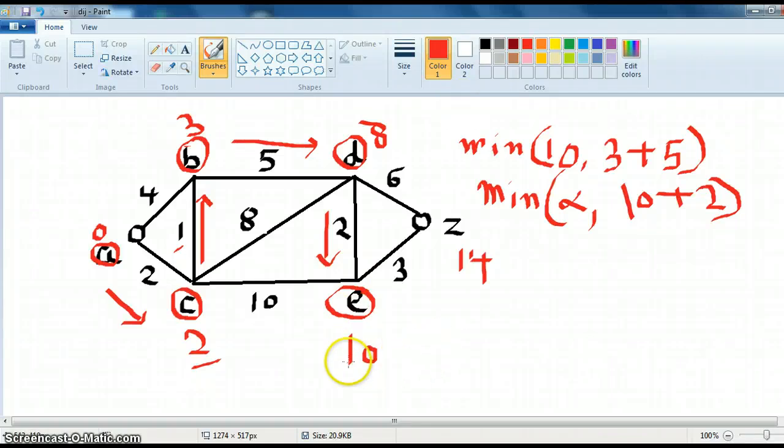The cost of E is 10 and the cost of Z is 14. The cost between E and Z is 3. This 10 plus 3 is 13. 13 is smaller than 14, so we'll update 14 with 13. So this is our final answer, 13, and the shortest path is